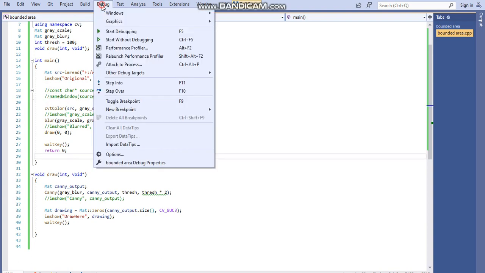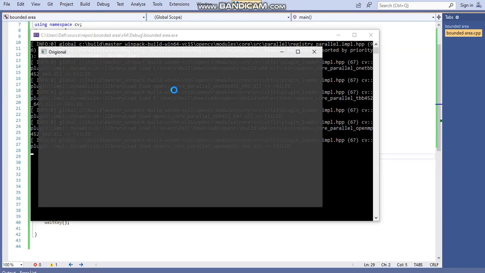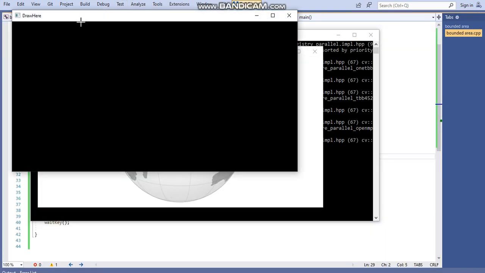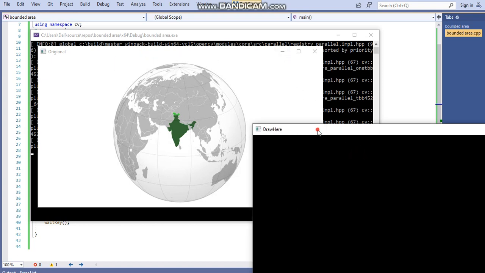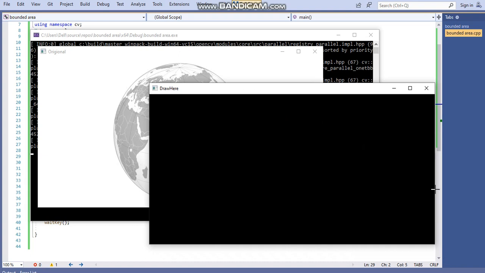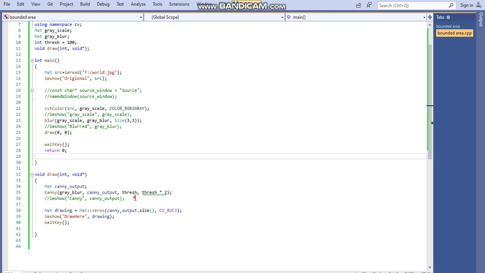Control S, debug, start running the program. Wait for a second. Here you can see this one is the original image, and this is the black window we created, a black matrix, where we will be drawing our contours. To draw the contour, first we have to find the contour. So let's go one by one.